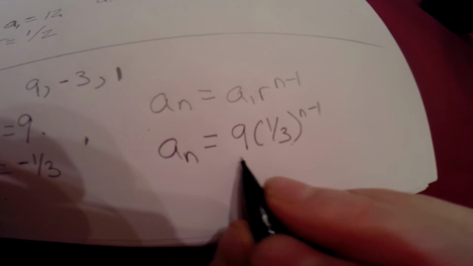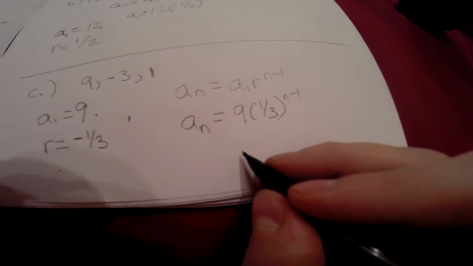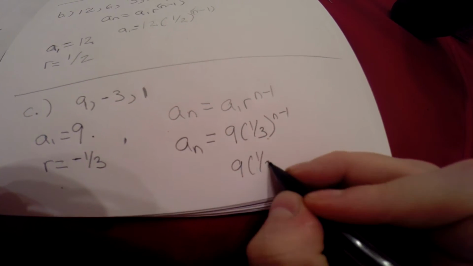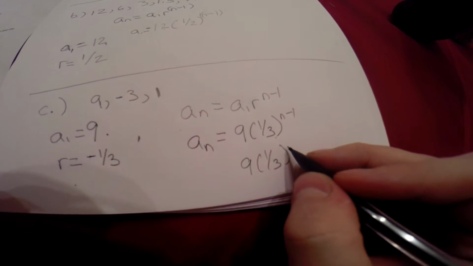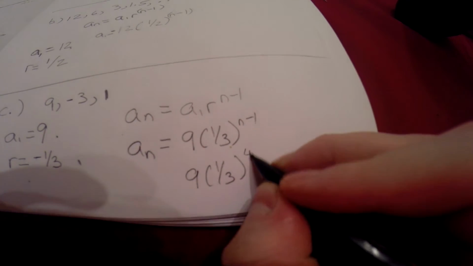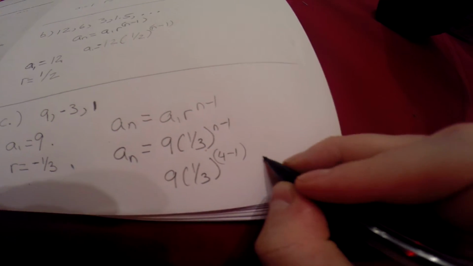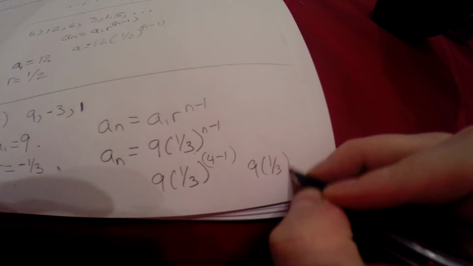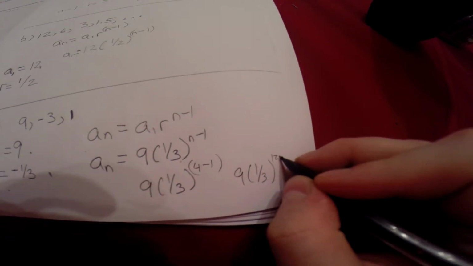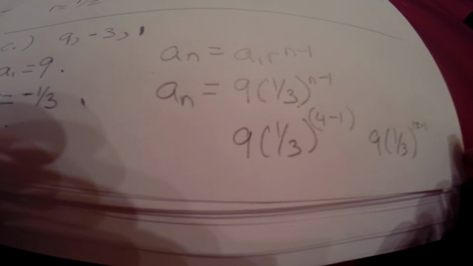Again, you probably have some instinct to multiply this. Don't. Substitute in what we do know. In this particular question, the second part says to use the formula to solve for T4 and T12. So we're going to plug in 4 minus 1, and then do the same thing with 12 minus 1. If you solve this, you're going to end up getting